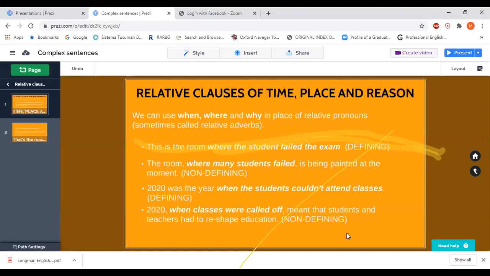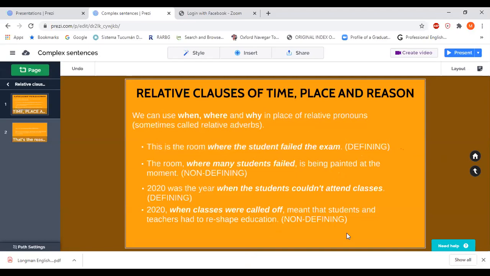Yes. Okay, so then we can talk about time as well, and we can say something like 2020 was the year when the students couldn't attend classes. And in this case, this is a defining clause, okay? We are talking about information which is vital in order to understand the meaning of the sentence, okay? And we can also say something like,